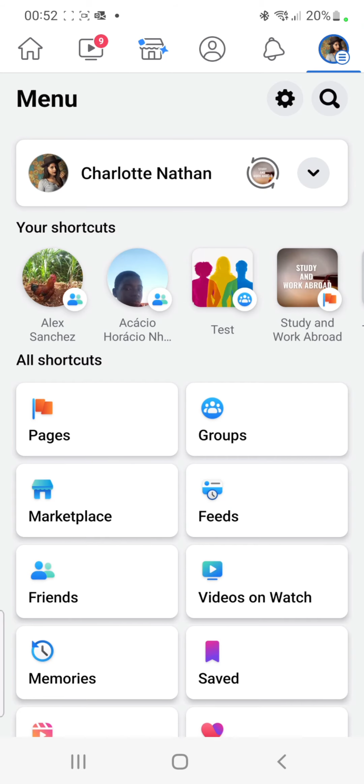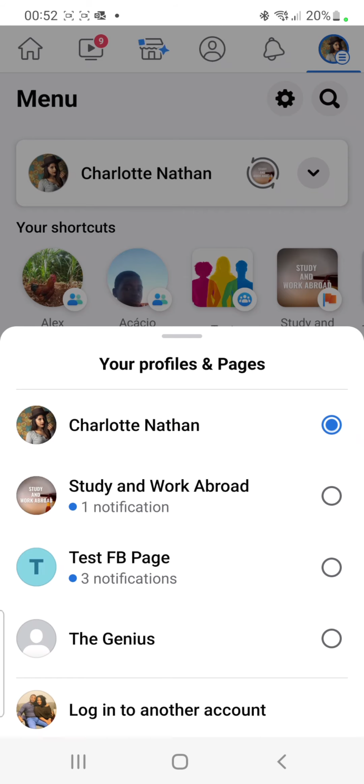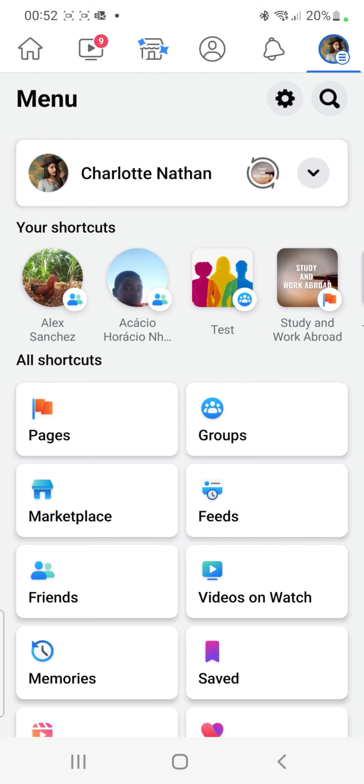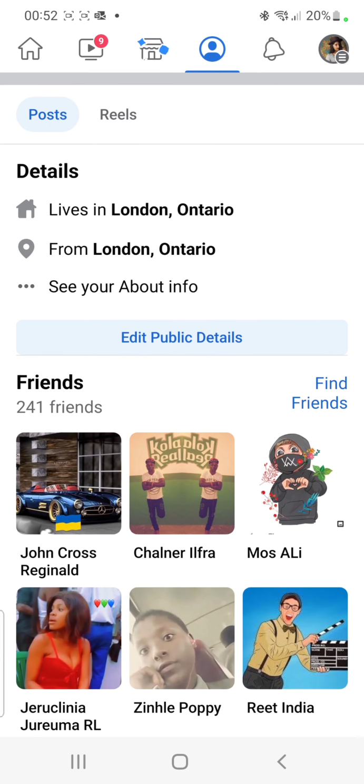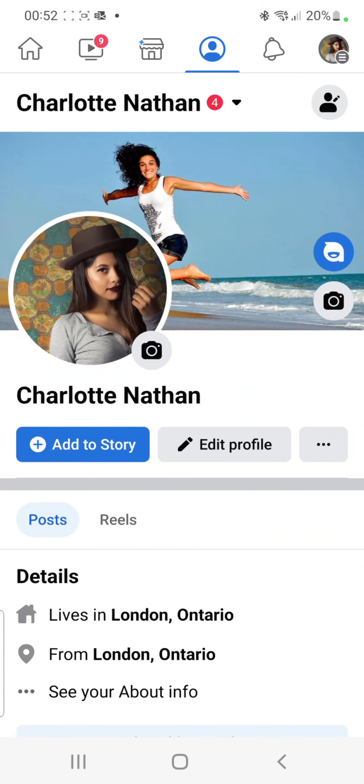Once you're on this page guys, you click on this right hand corner button that gives you a drop down here. Choose this, and once you're here, click on your profile icon right here. It leads you onto this page, and once you're here, you can see that there are 3 dots beside your edit profile button. Click right there,